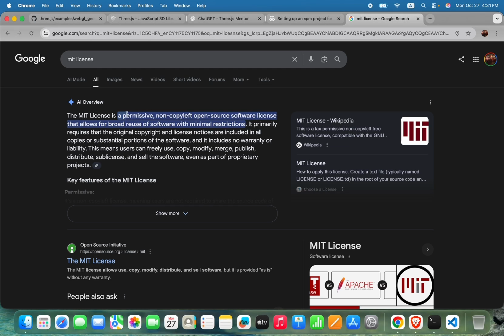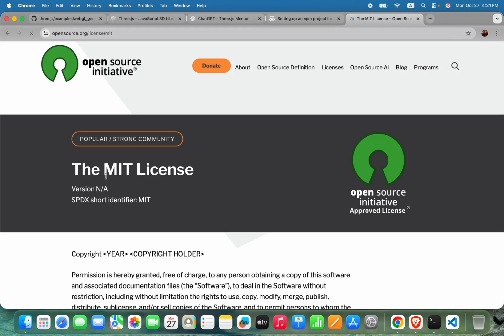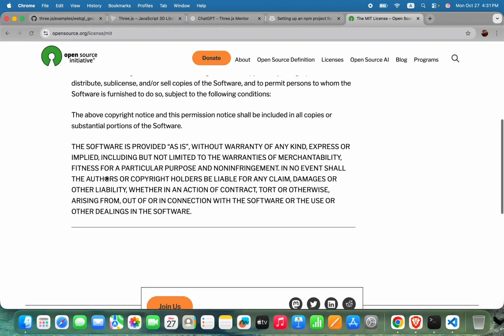So the MIT license is a permissive, non-copyleft open source software license that allows for broad reuse of software with minimal restrictions. Okay, and you can grab it from, let's see,